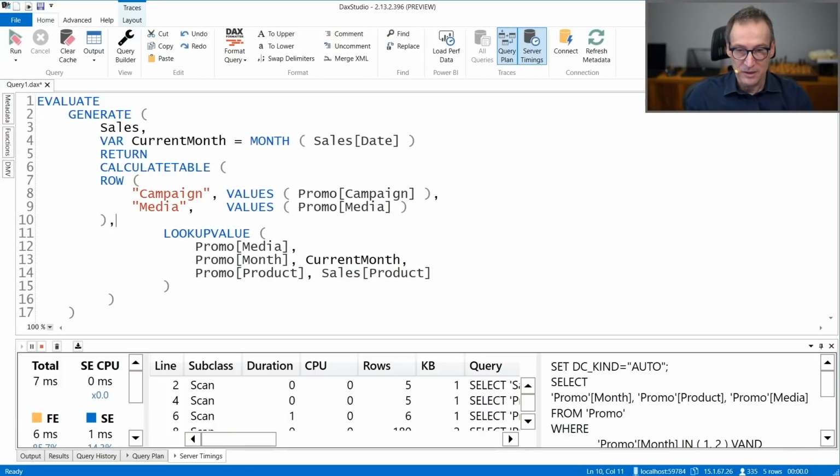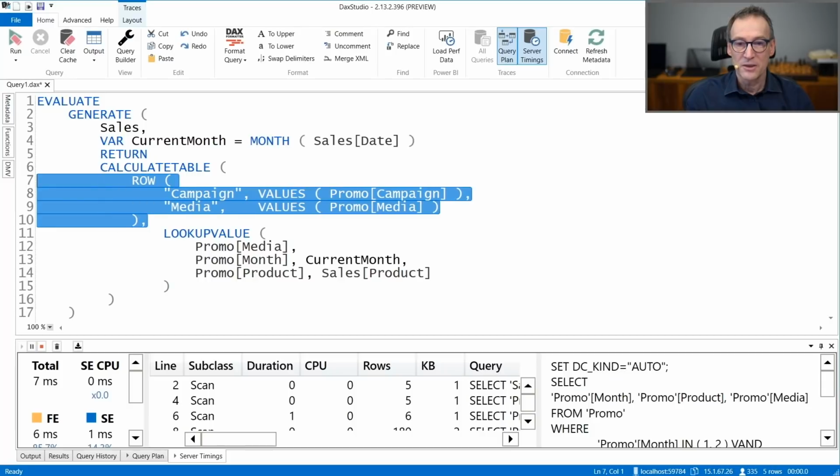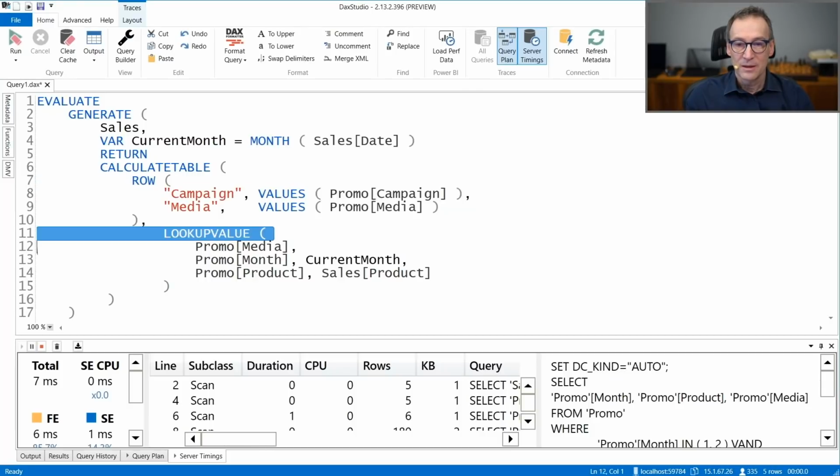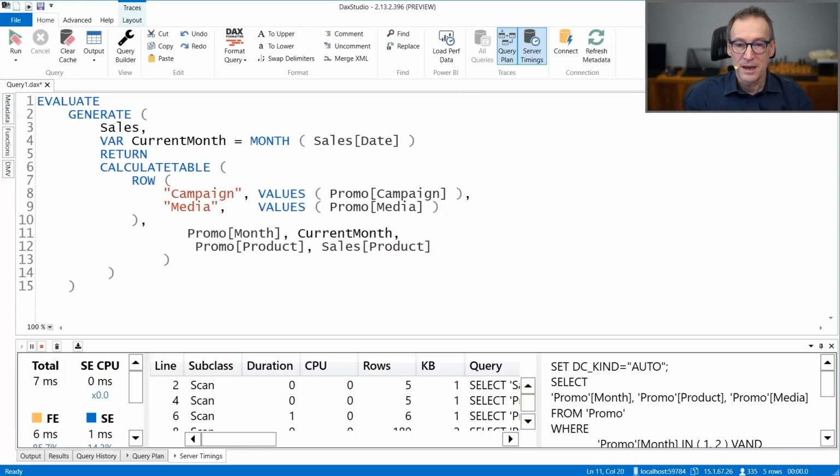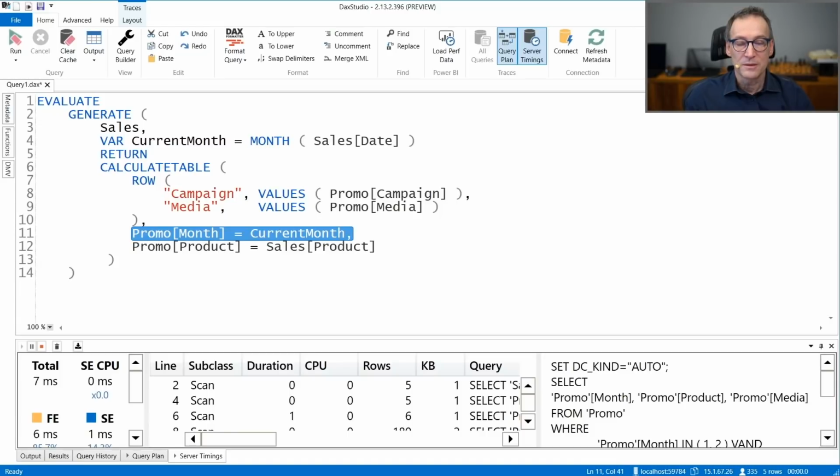This generates my row, and I still need to apply the filter. The filter will be that the month is equal to the current month, now no longer a comma, but equal to, and the product equals the sales product. So I compute the current month, and then I use the current month and the product as filters in calculate table.